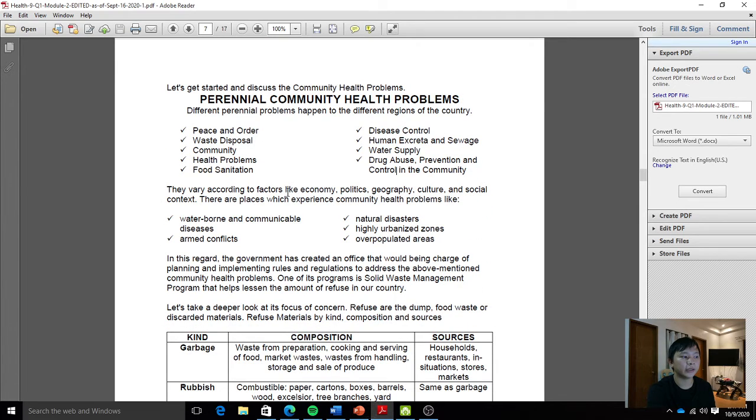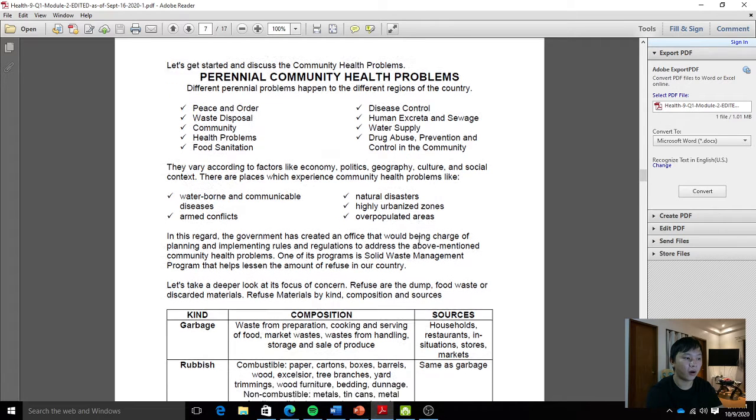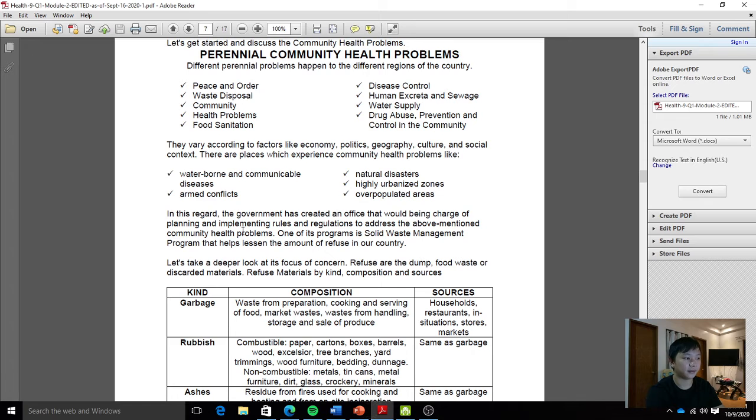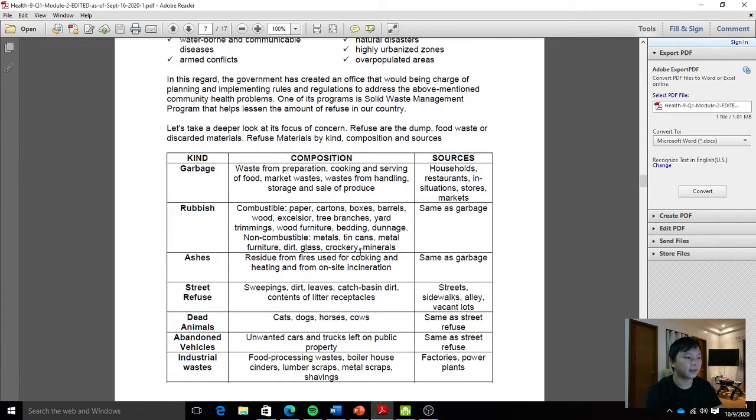So these vary according to factors like economy, politics, geography, culture, social context. There are places which experience community health problems like waterborne and communicable diseases, armed conflict, natural disasters, highly urbanized zones, overpopulated areas. Okay? So this time, we will also discuss the